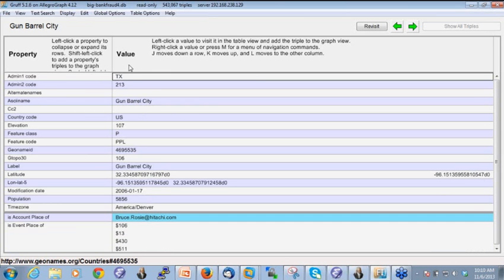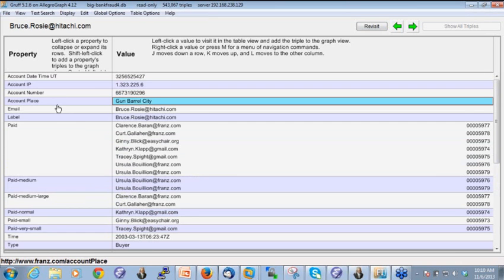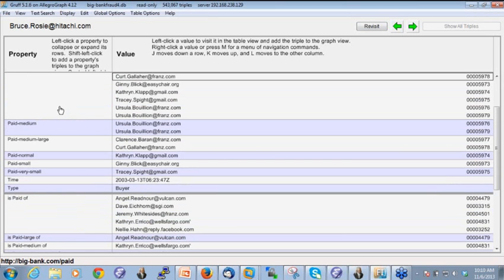Actually, if I click on this, you are in the geo names database where we have meta information about cities. So here you see that it was in Texas. You see there's about 5,000 people living there, latitude, longitude, etc., etc. And then